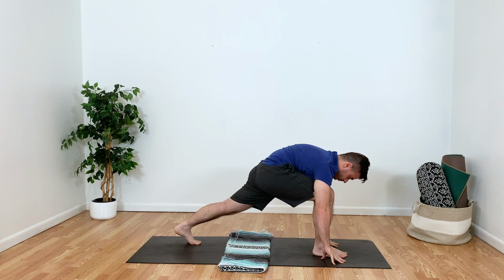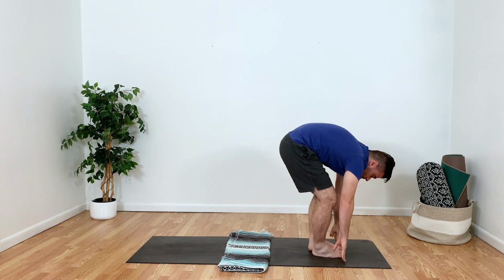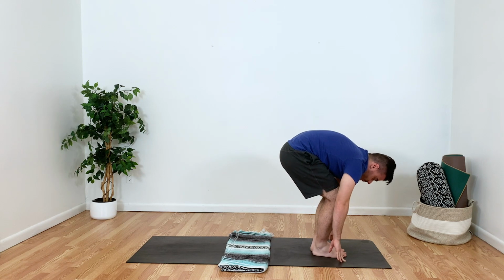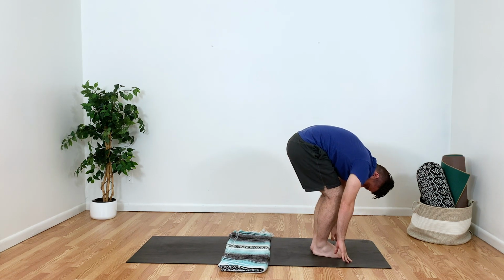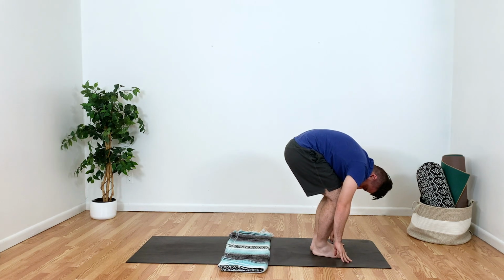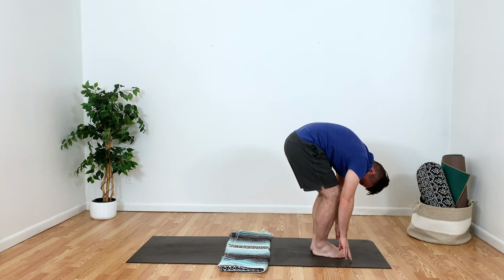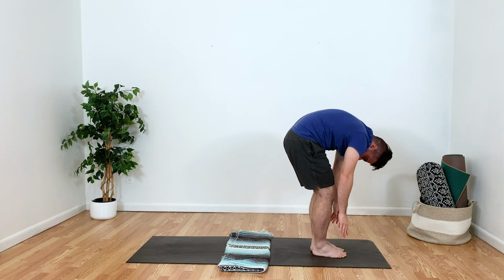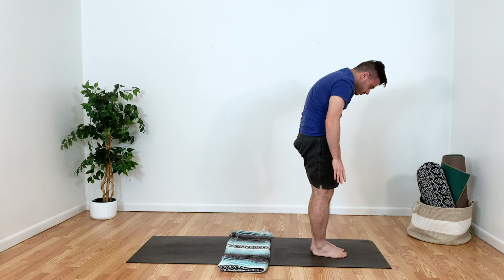Now, step your left foot forward to meet your right foot, keeping a nice generous bend in your legs. Taking a moment here to ground through your feet. Connect with your mat. Connect with your breath. On the next inhale, we're going to slowly come up, 1 vertebra at a time, to come into your mountain pose. Gaze forward. Shoulders relax,